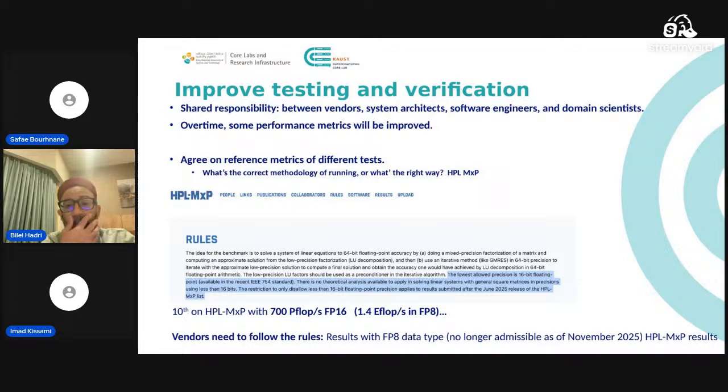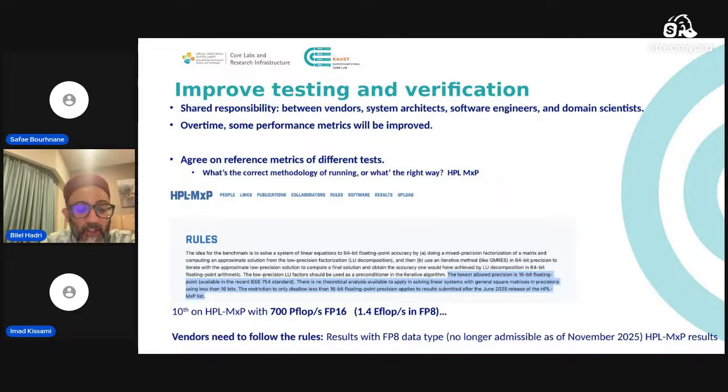Also, as I shared earlier, this is a shared responsibility between the vendor, the system architect, the software engineer, and the domain scientists. But what is important also is that we have to agree on what is a reference. And sometimes even when it comes to a disagreement, each one, we understand, for example, the domain scientist wants this metric and so on, but also some community. If you know, recently with this HPL mixed precision, the whole community had an agreement, I would say, that the lower precision was